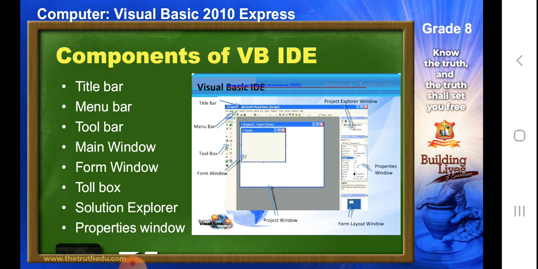So generally it is in organized form, and if you want to open any object on it, you can just go ahead and double click on that icon and the solution window opens up. Next comes the properties window, and the properties window tells us the appearance and behavior of the object.